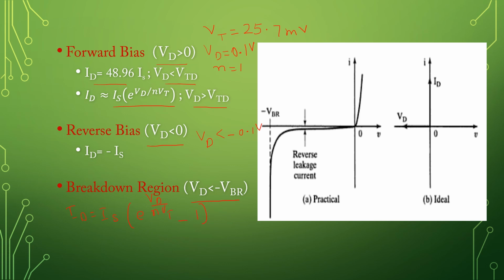So under reverse bias region, if Vd is negative, even though we take its magnitude, the exponential term becomes very small when compared to this one, and we can say that this diode current is equal to negative value Is. Is is leakage current, which is very small and it is almost constant.